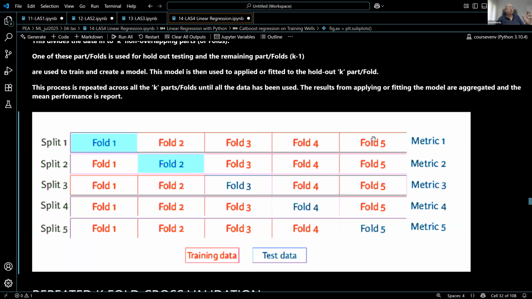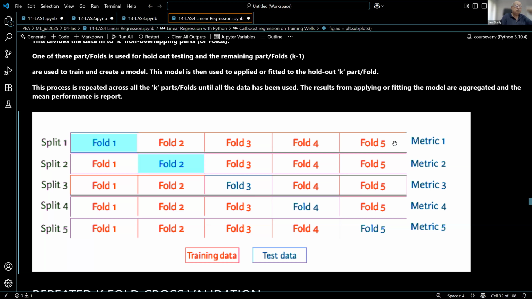But here I just wanted to show you that if this is the span of all your data, and I say 5-fold cross-validation, I break my data into fold 1, 2, 3, 4, and so on. And then I take fold 1, hold it out, and give the training folds 2, 3, 4, and 5,